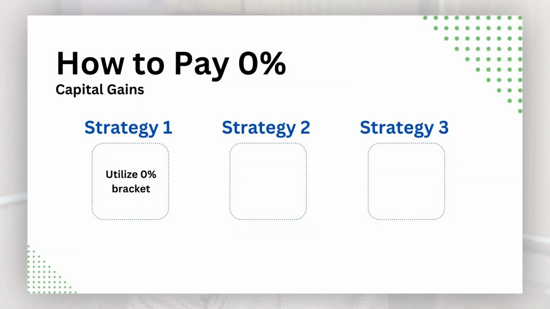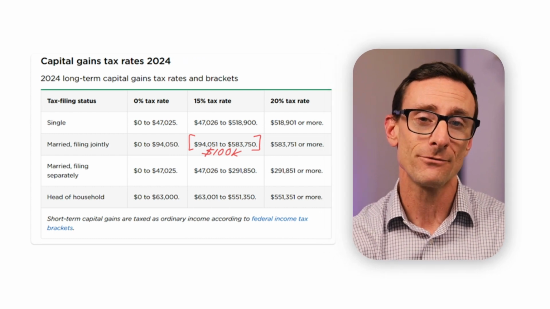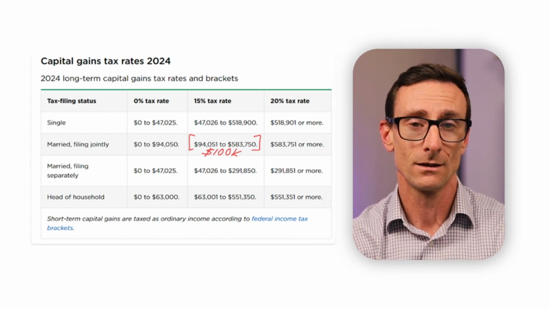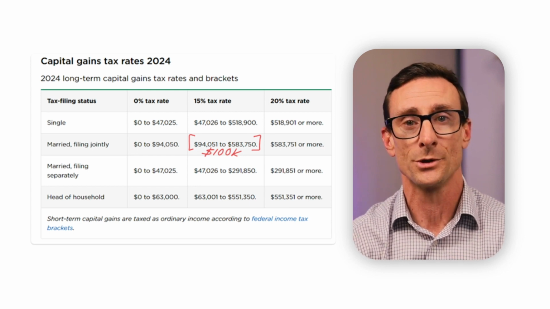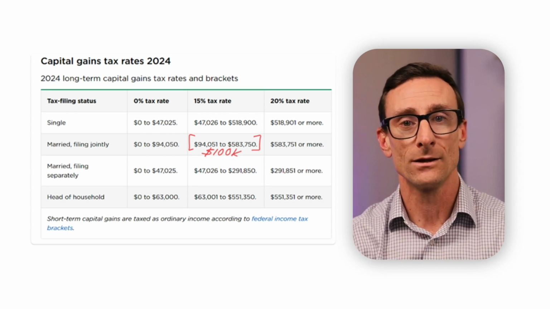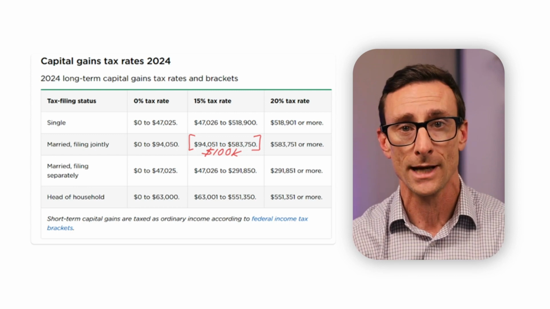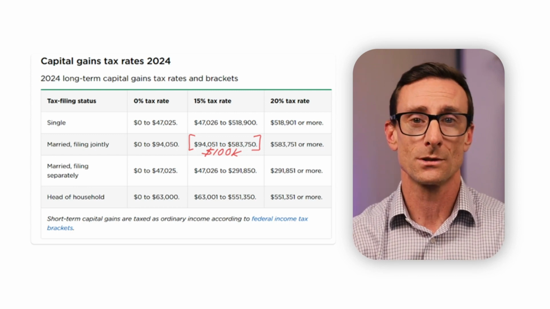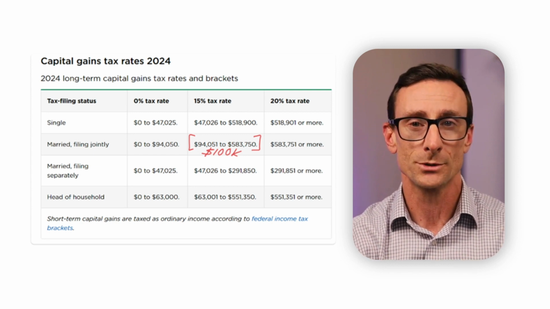Now let's show how avoiding capital gains and paying at that 0% federal rate works in action for this couple. At first glance, they'd actually be paying at the 15% capital gains rate. Mike and Jessica had taxable income of about $100,000, which is their gross income minus itemized deductions. Those deductions can include a combination of state taxes up to $10,000, and that includes your property taxes, mortgage interest, healthcare expenses when you get over certain thresholds, and charitable contributions.